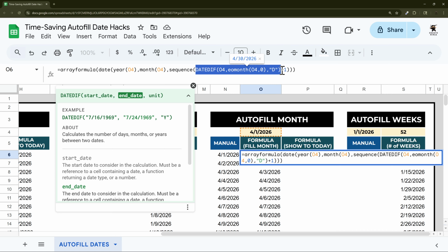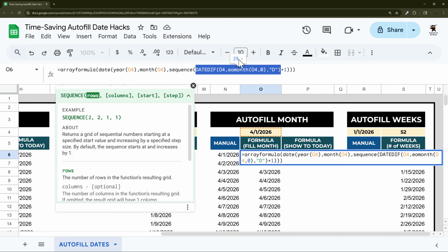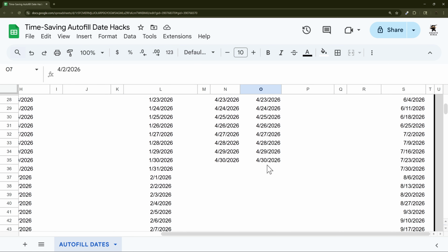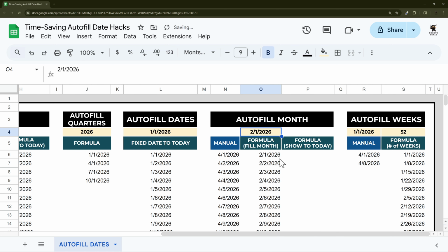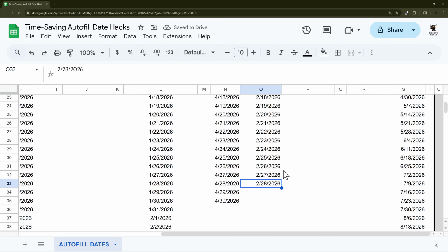If we look at this DATEDIF, it gives us 29. So there's not 29, there's 30 days. So we need to add 1 to get us to the full 30 days in April. So again, if we scroll down, there we go, 4/30. So if we change this to, let's say, February, and there's 28 days, we scroll down, sure enough, only 28